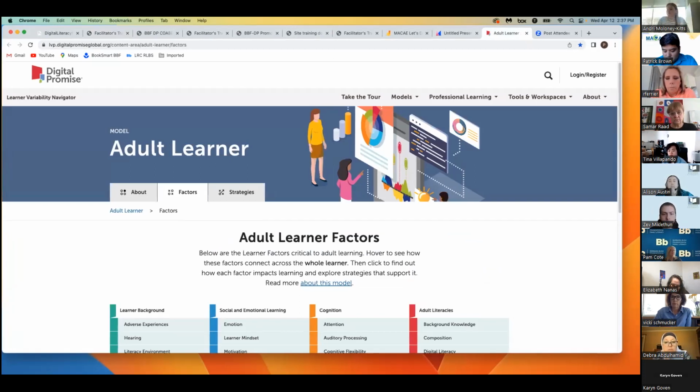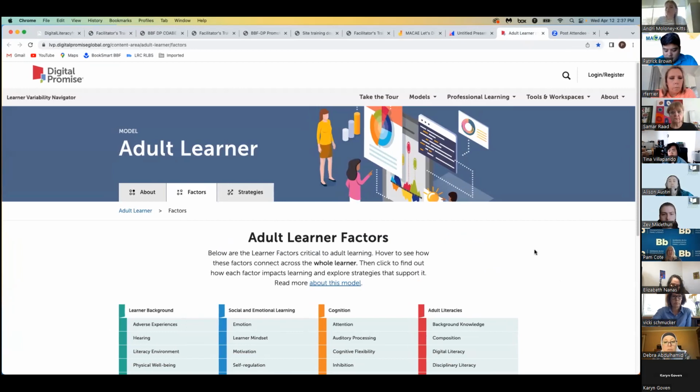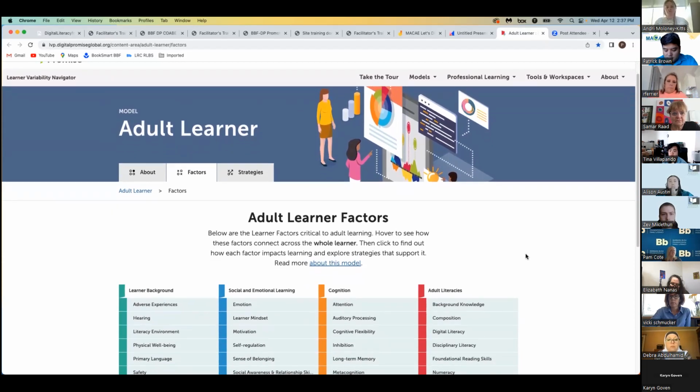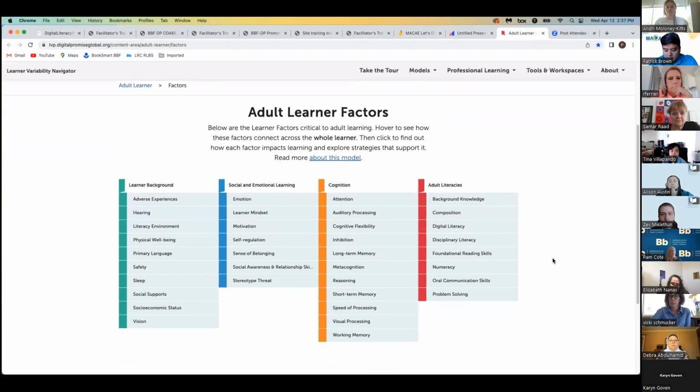And we're going to drop the link for this tool for you, because I want you to have it, and you're going to love this, and you're going to want to bookmark it, and you are going to use it. I would have been using this as a teacher. So it takes these factors and some of the things that I just talked about with learner variability,